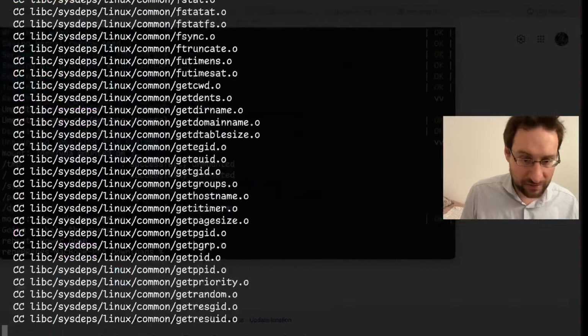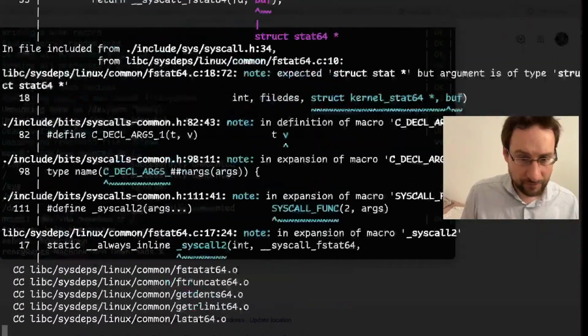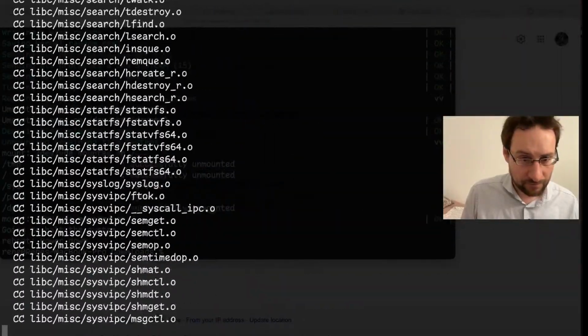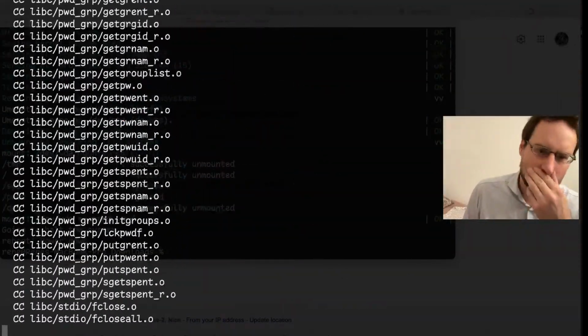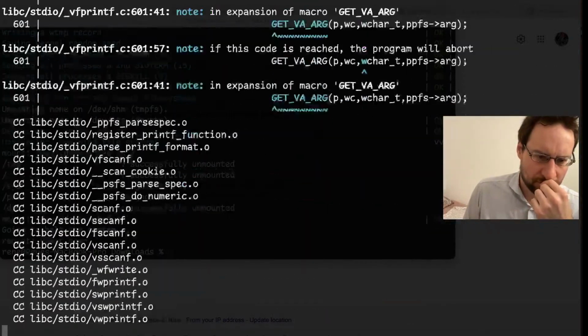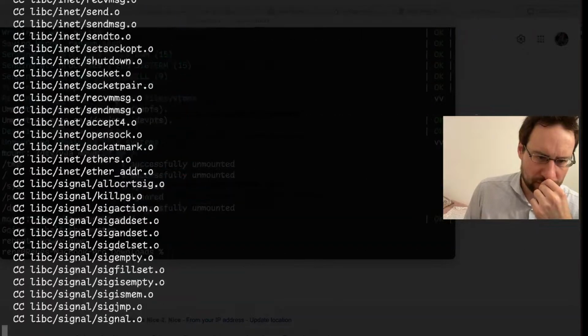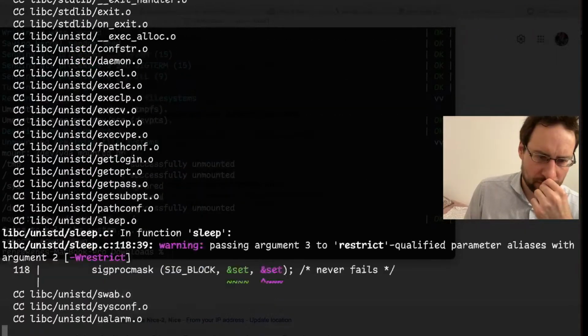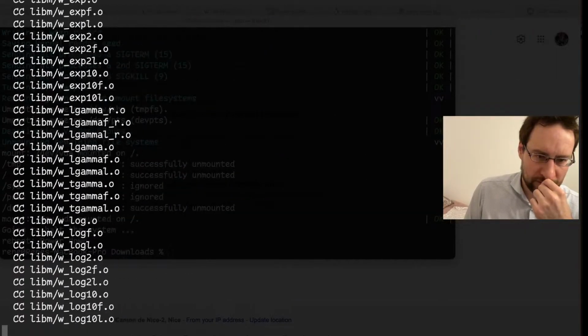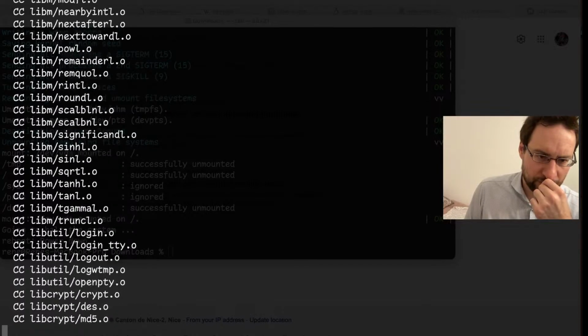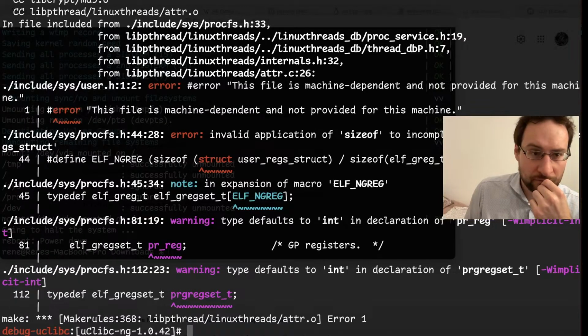Somehow there's always something, right? I hope this is running the same. It's building something, though. No, that didn't fix everything.